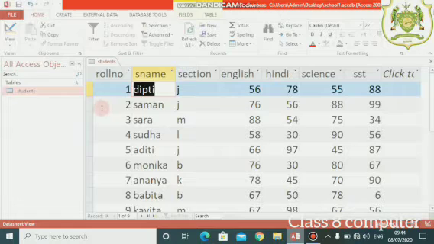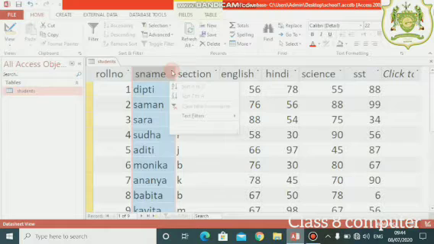To filter, for example, to filter the data related to student's name. For example, I want to see the record of only those persons whose name starts with S. That means I only want to see the records of the names starting with S. So what will I do? For that, I need to click on this arrow. Can you see the down arrow with the heading S name? This one. Okay, click on this down arrow.